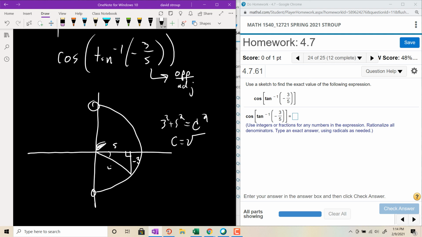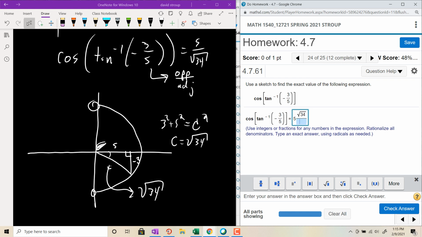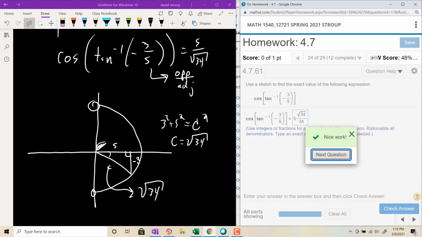So c is root 34. Cosine then is adjacent over hypotenuse. So 5 over root 34, and rationalize it. So we should get 5 root 34 all over 34. That totally doesn't sound right, but